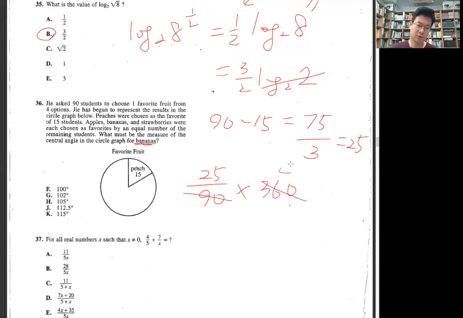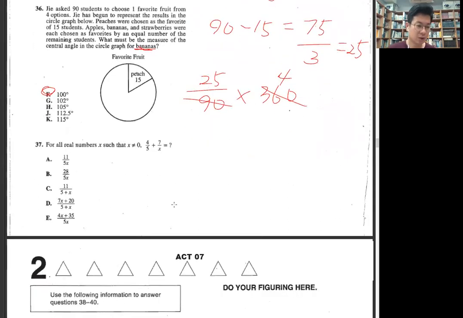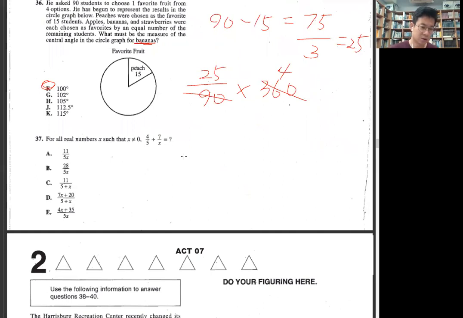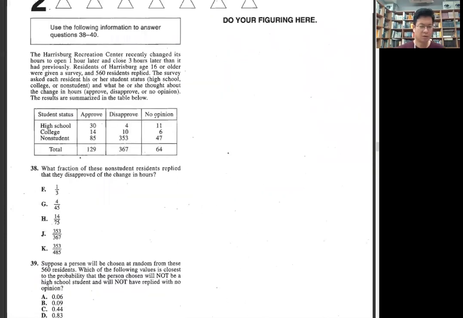So this is 100. What is such this? Common denominator, which is 5x, and times 4x plus 35. And then